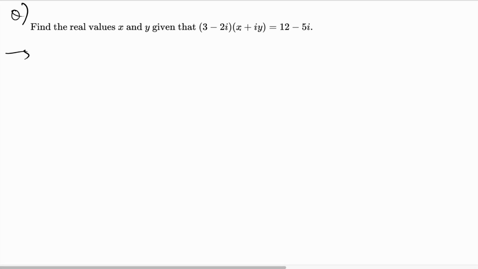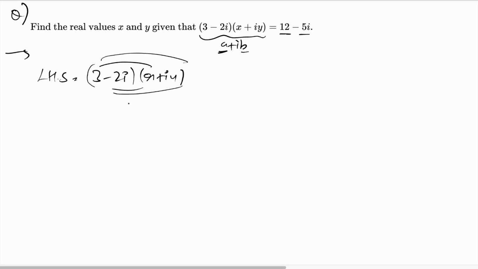What I'll do is, the thought process has to be to simplify the expression on the left hand side, make it a single complex number of the form a plus ib, and then equate the real part with 12 and the imaginary part with minus 5. And this is something which we'll actually do. So firstly, considering the left hand side, it's (3 minus 2i) into (x plus iy). Again, doing a 4-step expansion, which leads to 3x plus i 3y minus 2xi